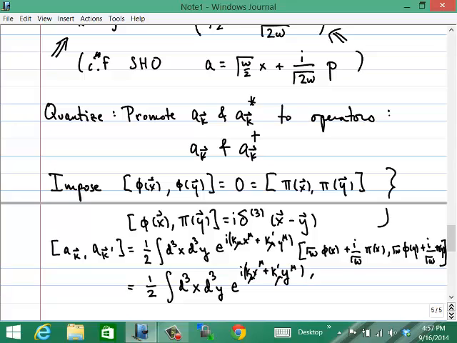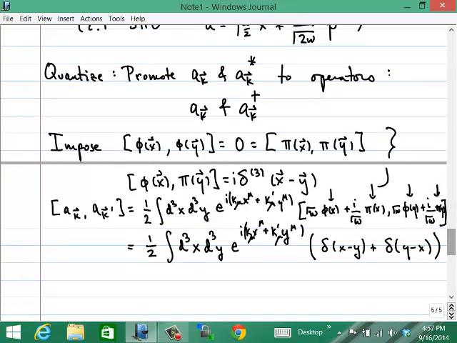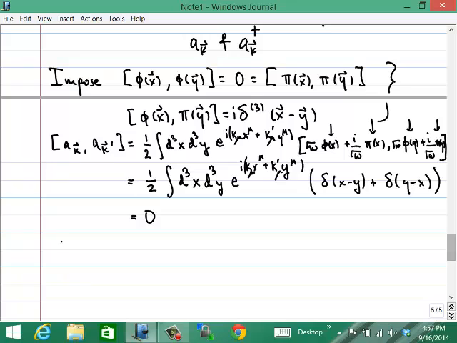Times, well, you have a commutator of this phi with that pi, which is a delta of x minus y. But then you get a commutator of this pi with that phi, which is a commutator of y minus x. Okay. Delta of x minus y plus delta of y minus x is equal to 0. So the AKs commute with one another. Life gets more interesting